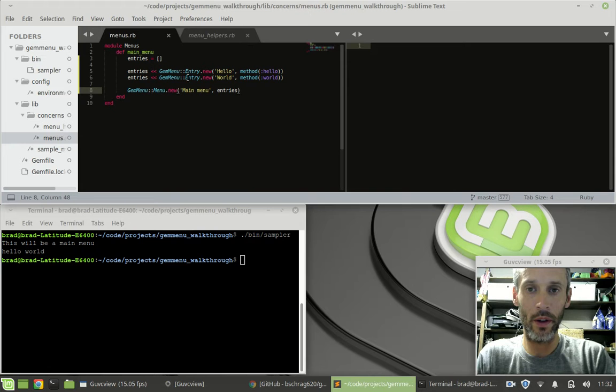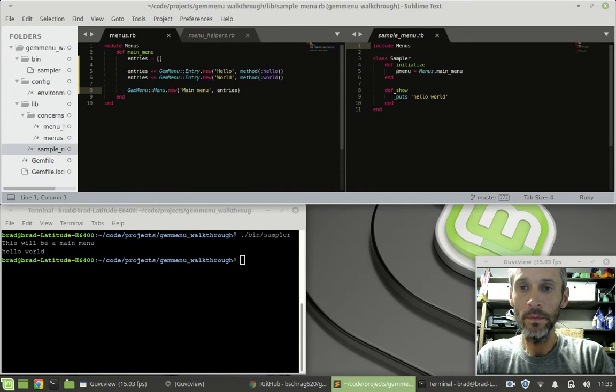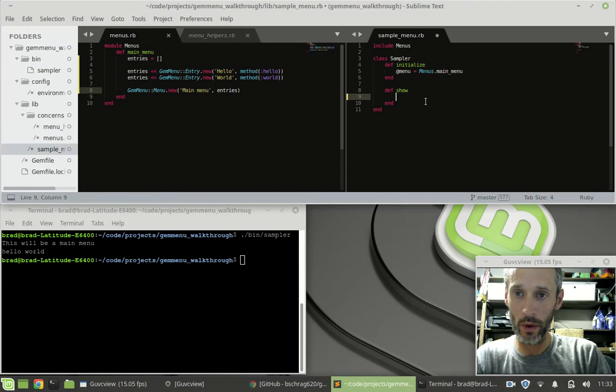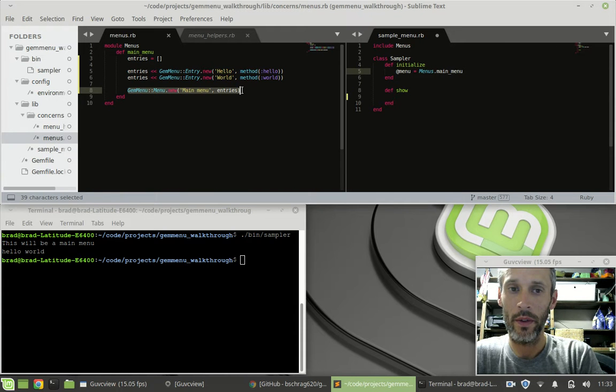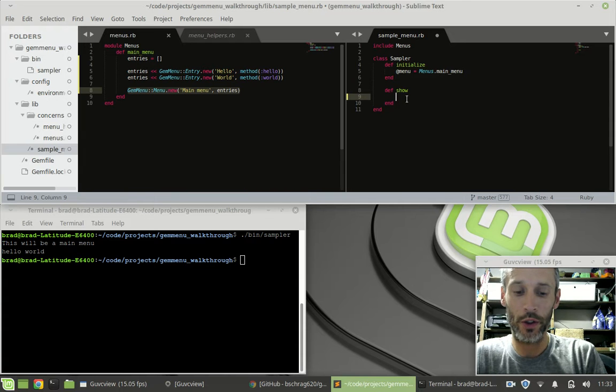Now over here in our sampler class, when we initialize that sampler class, it creates a new instance variable called menu, and it assigns it the value of main menu, which is going to be this gem menu that gets returned. For our show, I'd just like to do a simple little loop,